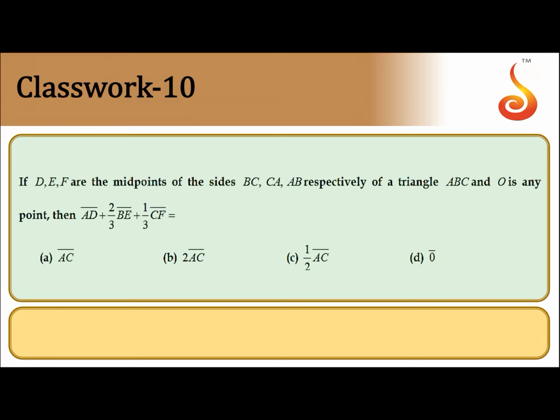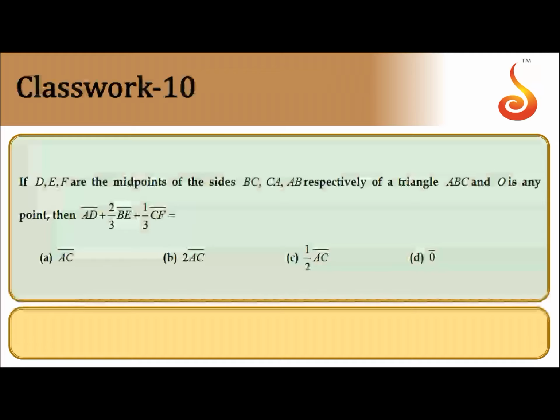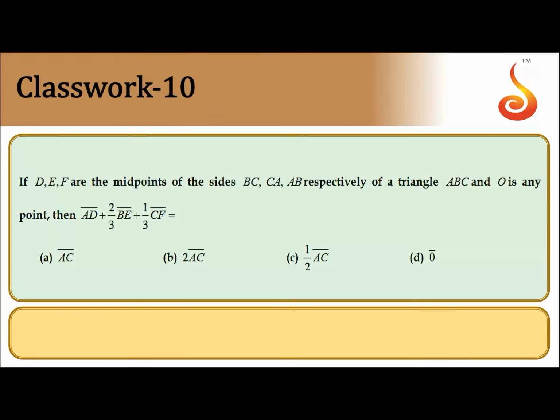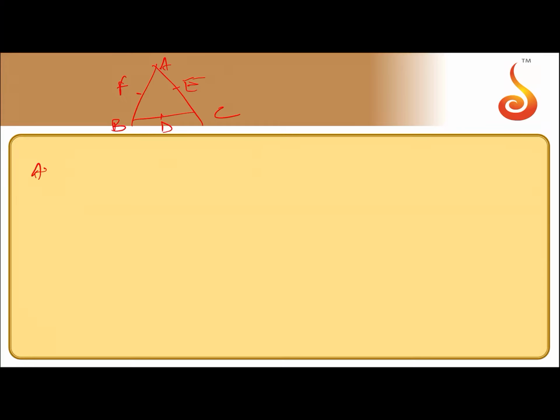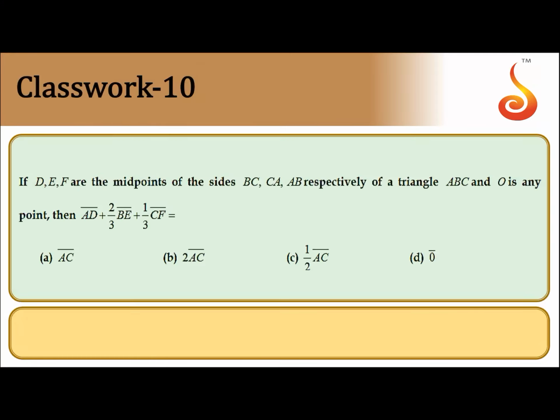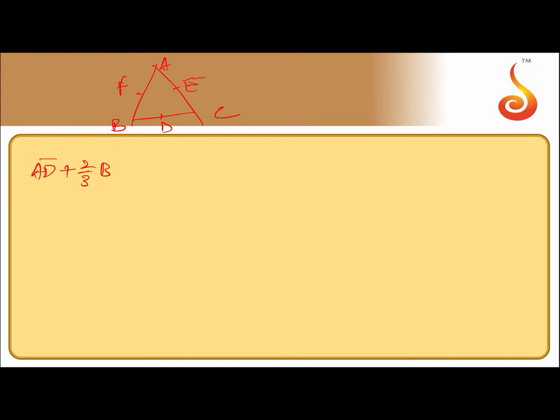D, E, F are the midpoints of the sides BC, CA, AB of the triangle ABC. Then calculate AD plus 2/3 BE plus 1/3 CF. In the triangle ABC, D is the midpoint of BC, E is the midpoint of AC, and F is the midpoint of AB. At the midpoints, you are asked to calculate the AD vector plus 2/3 of BE